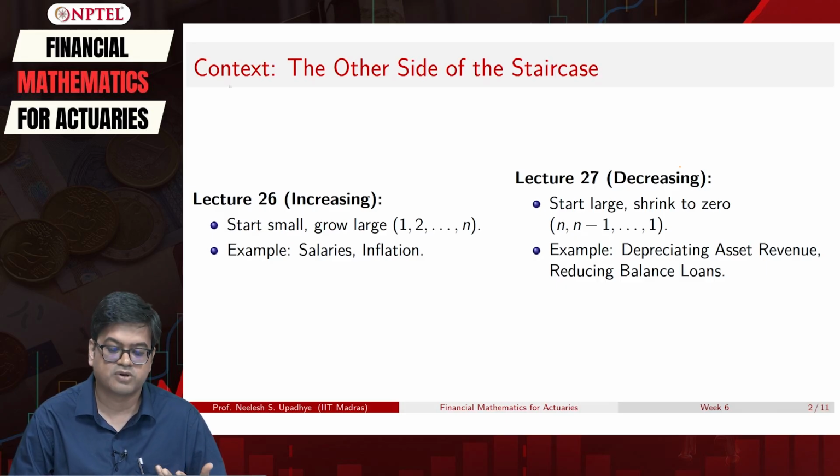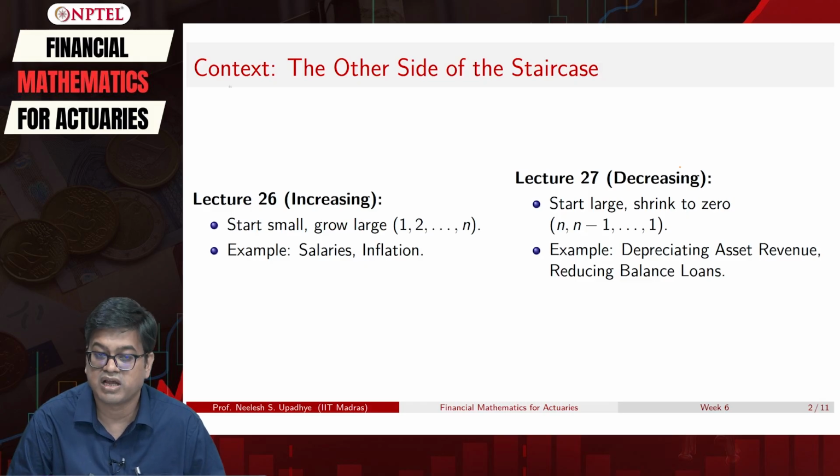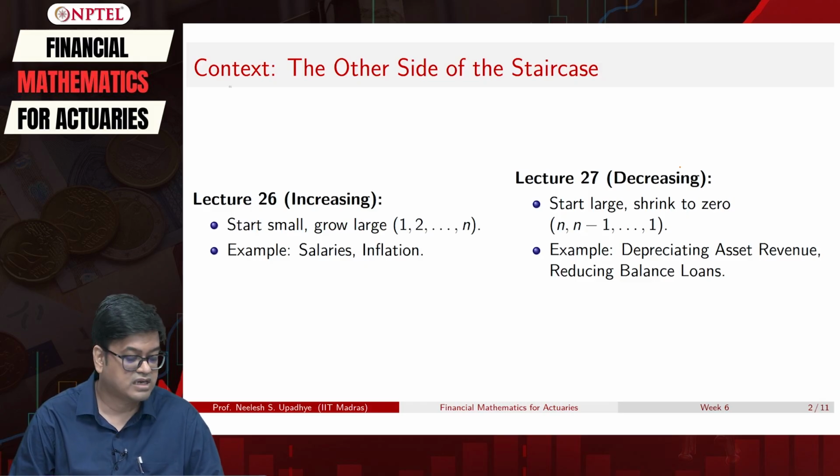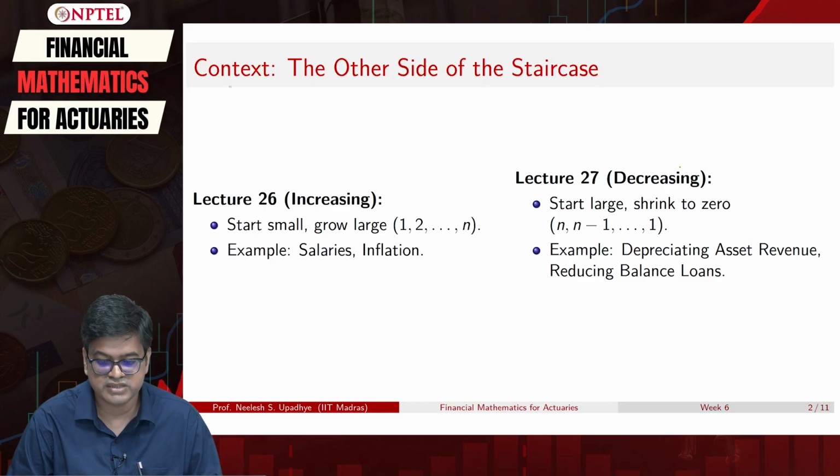Initially, you pay in large amounts and then reduce the number of payments. So this is the main topic of today's lecture. Use cases come from depreciating asset revenue, or you want to pay off your loans aggressively. In that case, it's a reducing balance loans problem. So all these are typical use cases of today's topic.